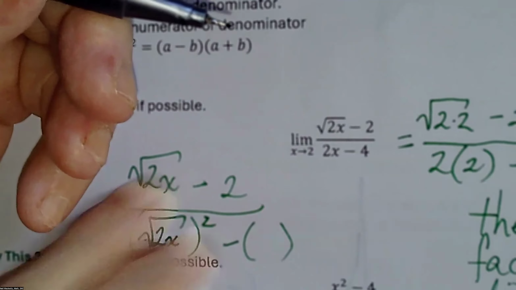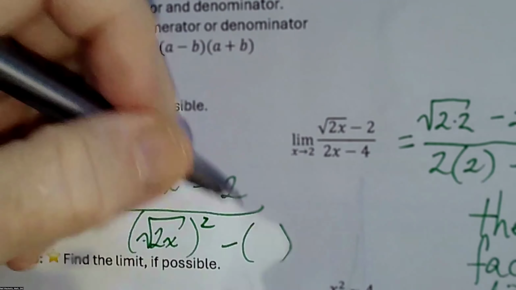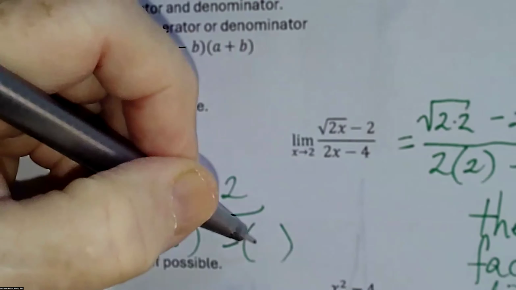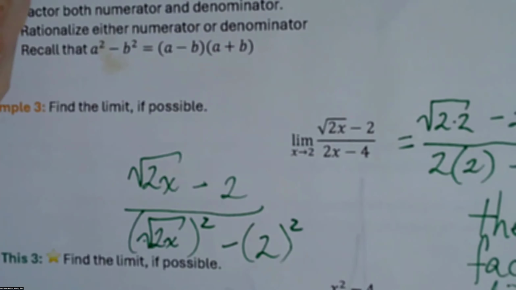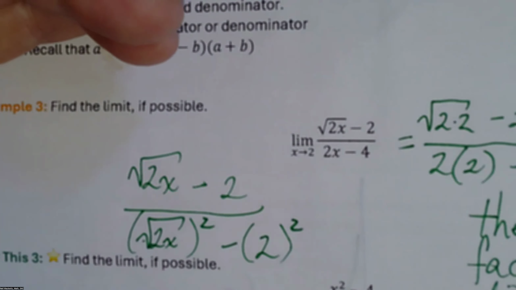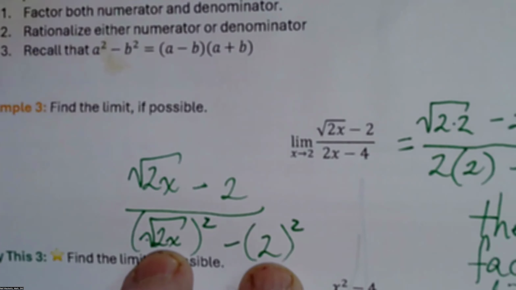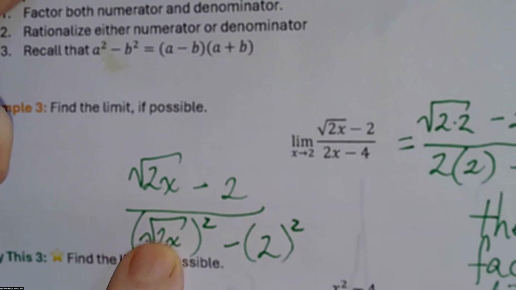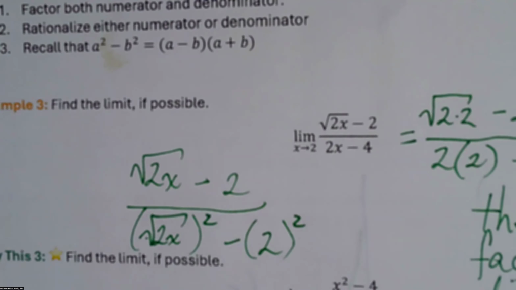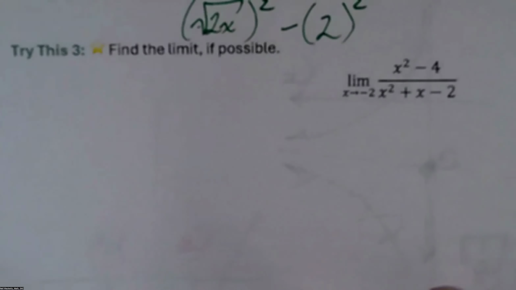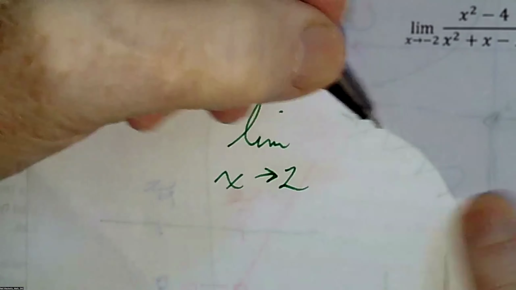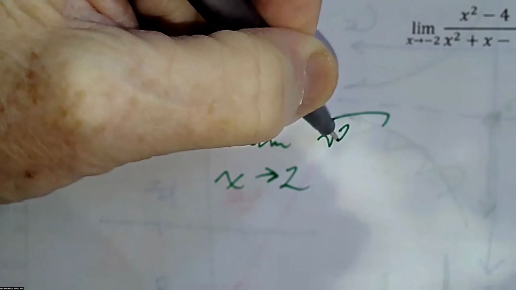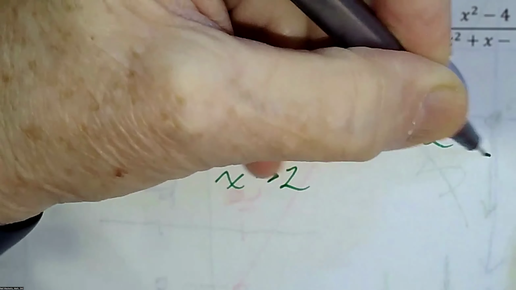I'm thinking of the negative as not part of it yet, but I'm going to write this 4 as 2 squared. And now I can see in the denominator, I have the difference of 2 squares. Even though one of the squares has a square root in it, we don't care. So we're going to have the limit as x approaches 2 of the square root of 2x minus 2 over,